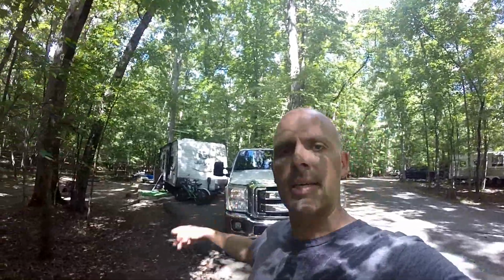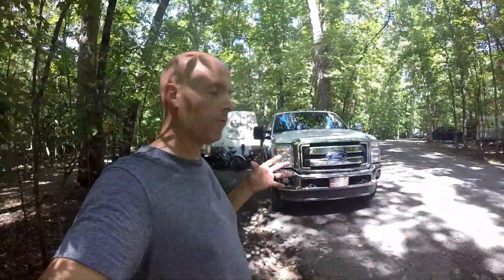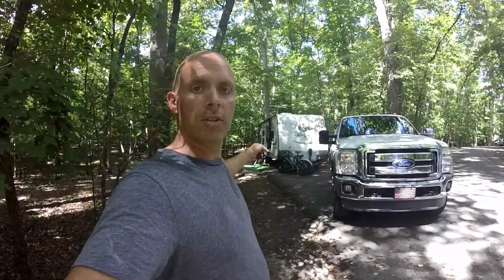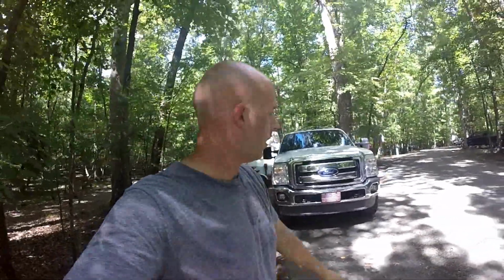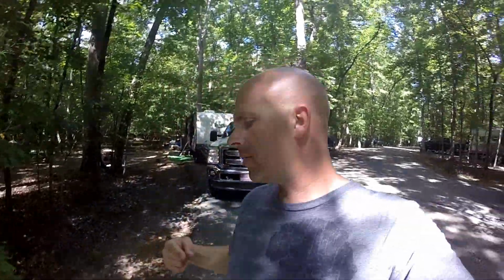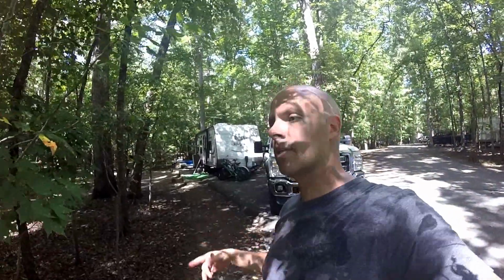So as you can see, we're at campsite 10. This is site 10. Let me show you around a little bit. Walk through here. First thing I want to point out is we're full. Camper is as far back as it can go. Truck is back in at an angle, and we're just barely out of the roadway. So be mindful of that. If you've got anything bigger than this 26-foot bunkhouse and a 4-door truck, it's going to be tight living for